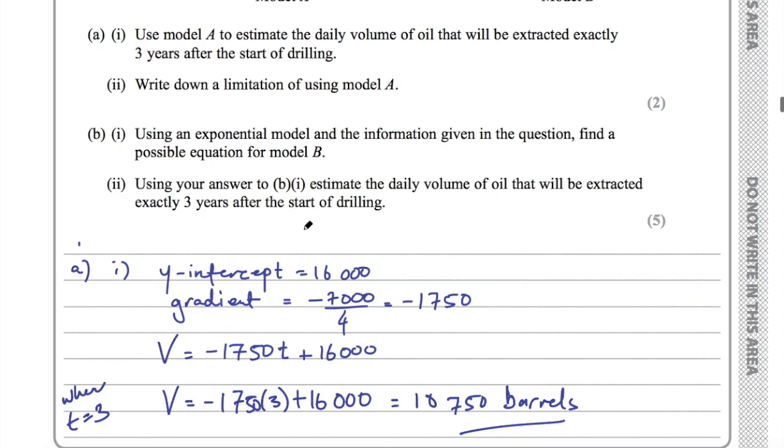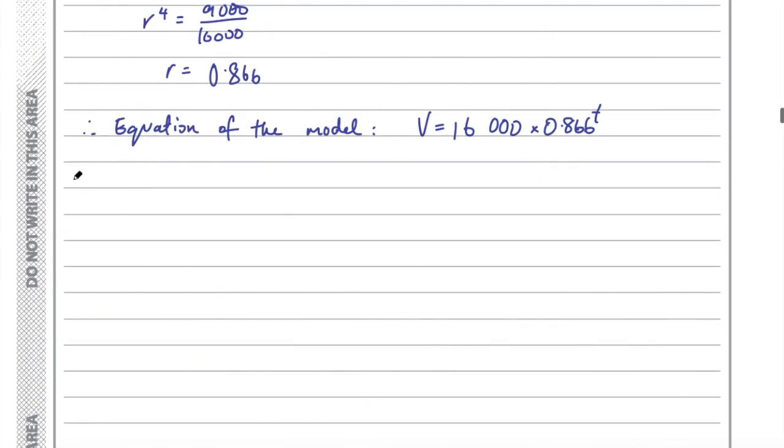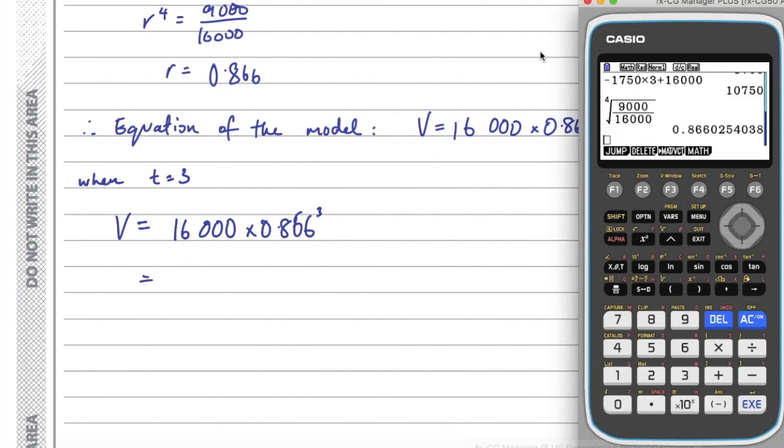Part 2 says, using your answer to bi, estimate the daily volume of oil that will be extracted exactly 3 years after the start of drilling. So when t equals 3, we need to find the volume of oil. So when t equals 3, v is going to equal 16,000 times 0.866 to the power of 3. And we just need to put that into a calculator and come up with our answer. So this will be 16,000 times 0.866 to the power of 3,